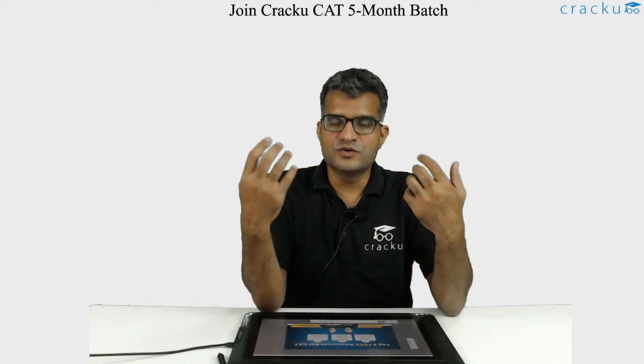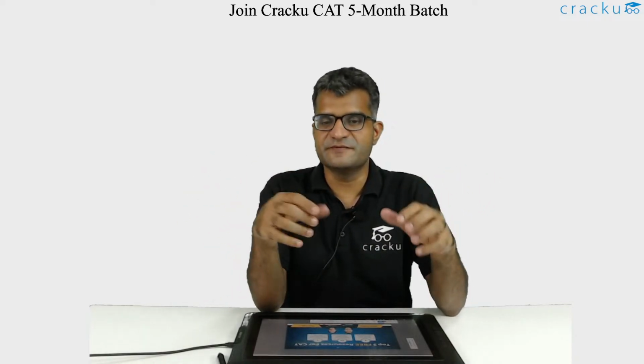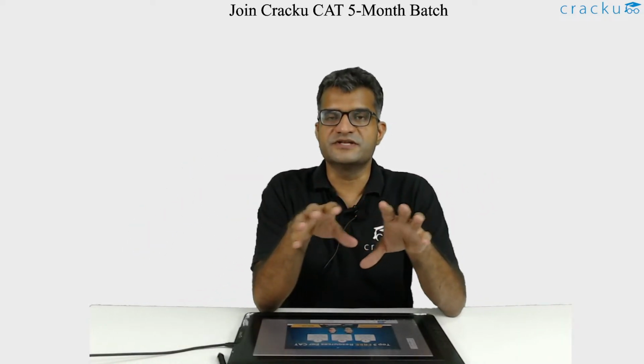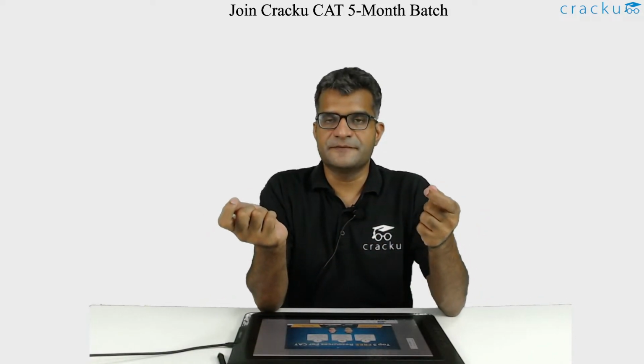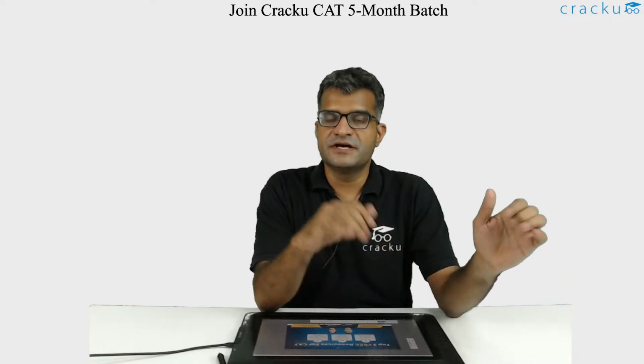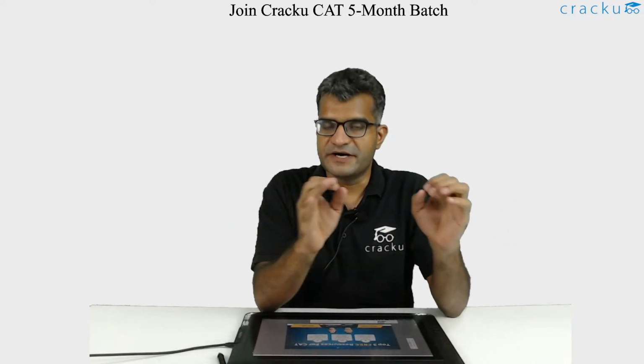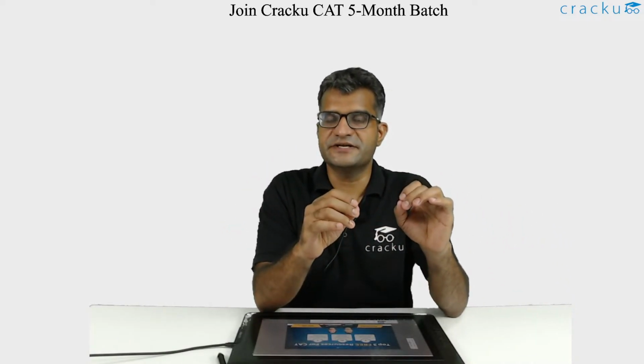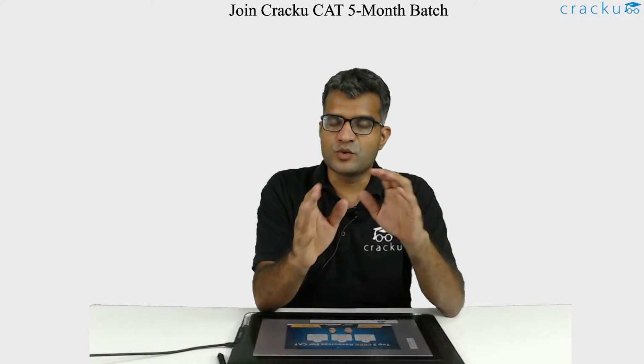And in the 3rd and the 4th set, I'll try to maybe do some clever guessing for the theta questions. Maybe I'll look at the questions, try to solve, try to figure out what is correct, what is not correct. So maybe try to get say 2 sets correct and 1 or 2 theta questions correct. If I can do that in LRDI, I'll be very happy. That is basically my target. The reason I'm telling you all of this is because you can imagine in verbal, I want to attempt all the questions. In quant, I want to attempt all the questions. But in LRDI, even before I enter the examination, I want to get 2 sets correct, maybe 2.5 sets correct.